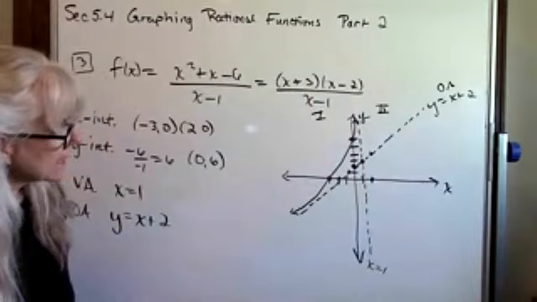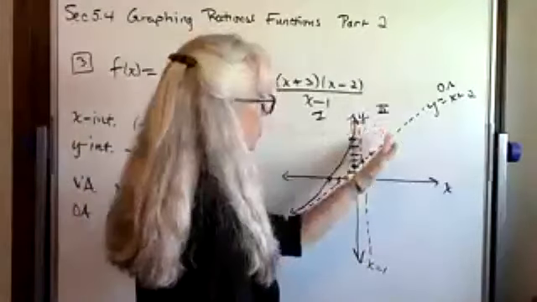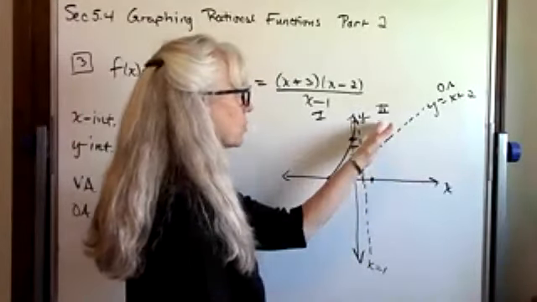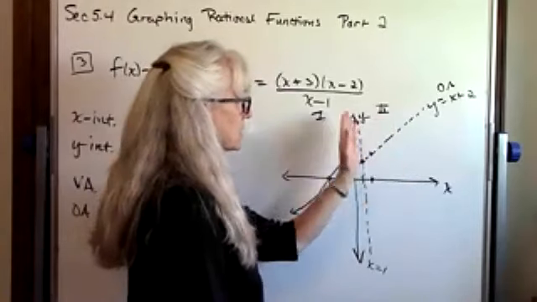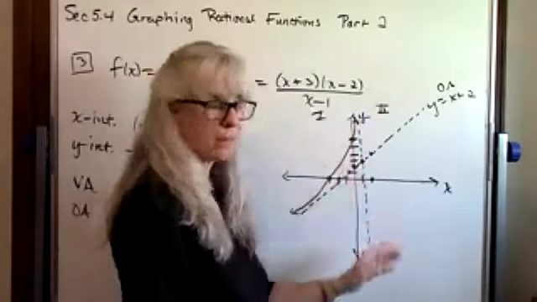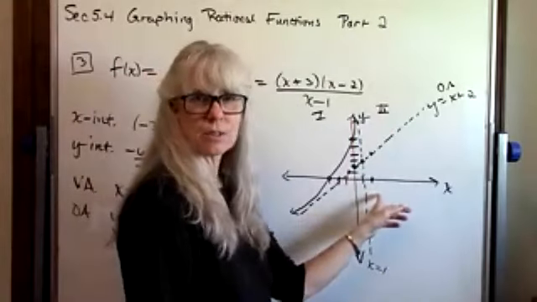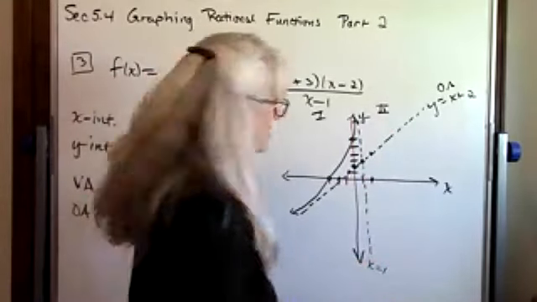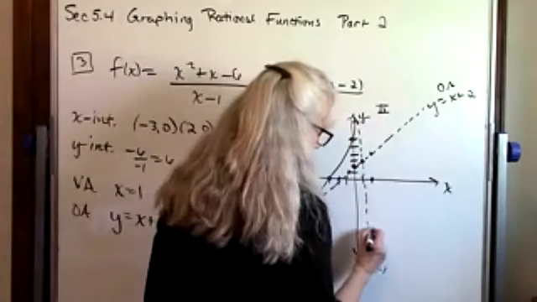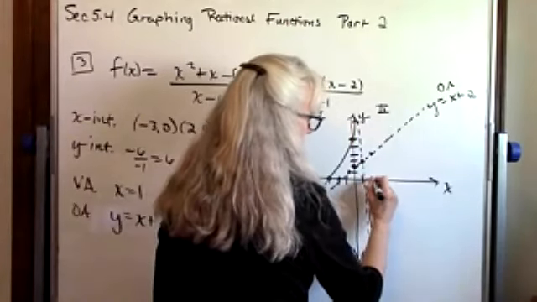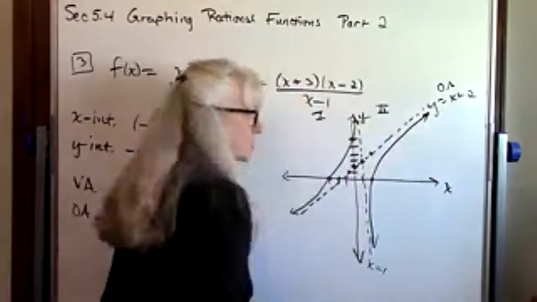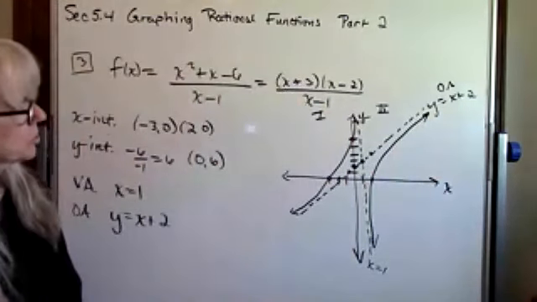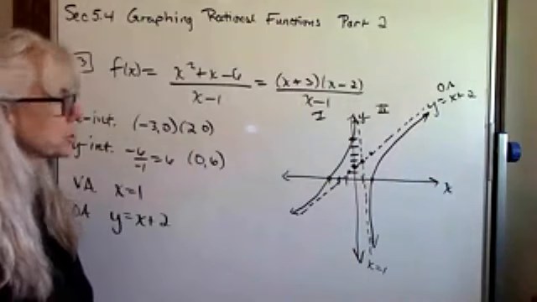On the right side, it's either going to be above or below the horizontal. Well, if it were above it, I'm sorry, let me rephrase it. I know it's below it for 2 reasons. I've got this alternating pattern kind of thing, and I've got an x-intercept sitting down here, so it's got to cross that x-intercept. So we're going to start below the vertical asymptote, or right next to the vertical asymptote on the bottom, and head to that x-intercept and then off towards the horizontal asymptote. And there it is. There's your graph of this rational function that was top-heavy with an